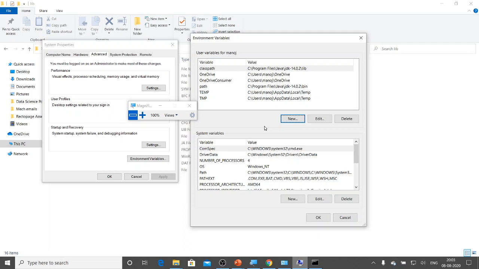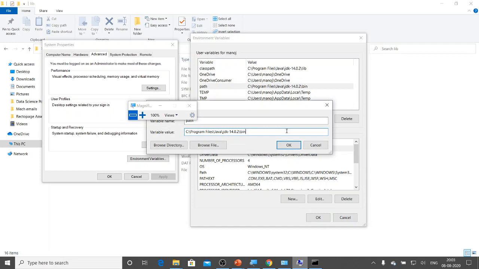So here are the two variables: one is Path and the second one is Classpath. There can be multiple Path and Classpath entries depending on the applications you are installing. If you are installing some Python programs or other software, you need to update this Path variable. The Path variable can be updated by adding a semicolon and then one more path. For now, in my system I have only one path with respect to Java, so we are not adding any semicolon or other path, only the Java path.